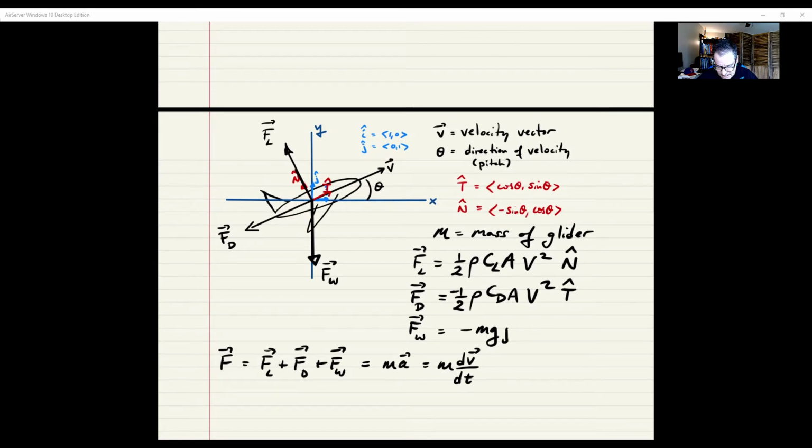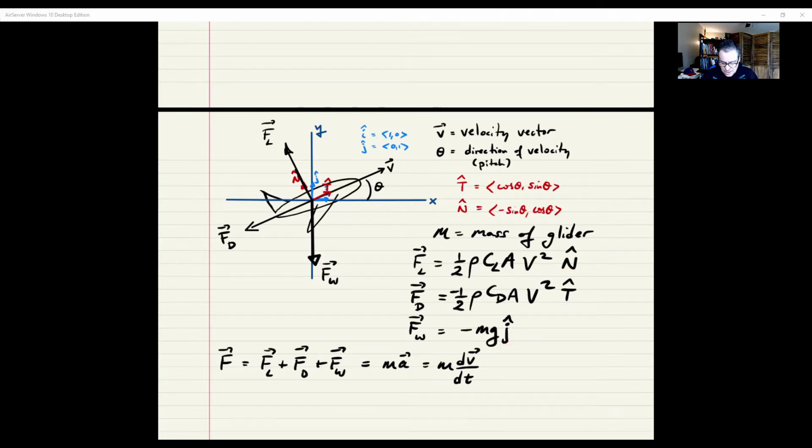But I can write that here as, the weight is the mg. The negative j indicates that the weight is a vector downwards in our coordinate system. Now, we want to add all of these forces together, and I've already described this in terms of the normal and this in terms of the tangent vector, but this is in terms of the